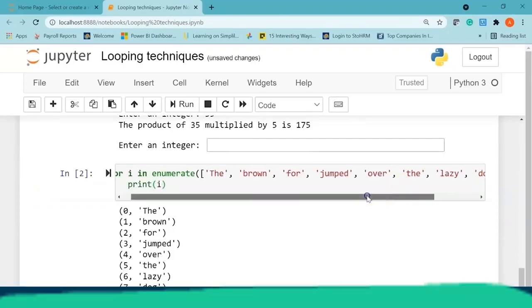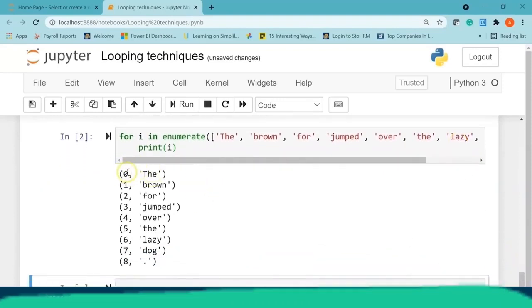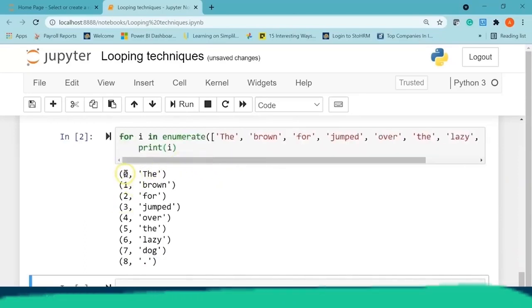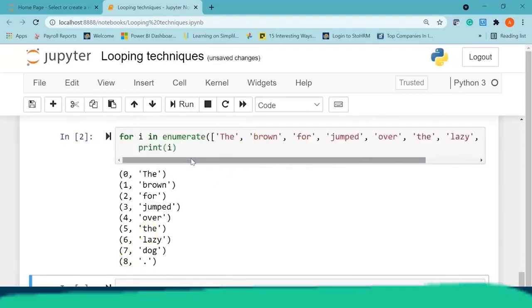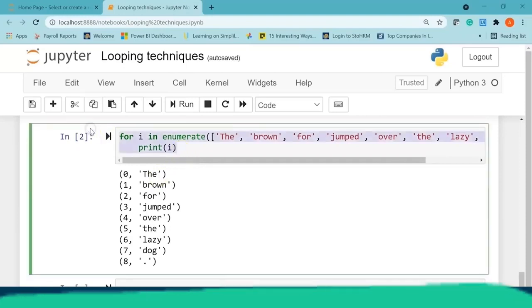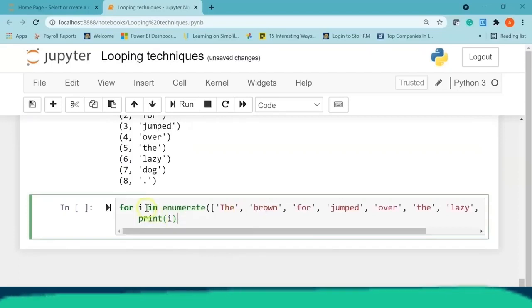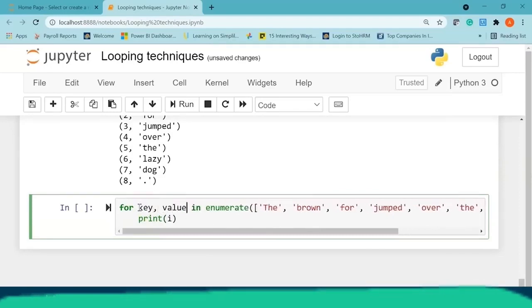You can see here, using the enumerate function, we have given the indices to the different items in my list. So it starts from 0 and goes till 8. So there are a total of 9 elements in my list. Okay, now you can see here the result has been printed in the form of a tuple. I'll just copy the above code and paste it here. Now I'm going to replace i with key and value, and